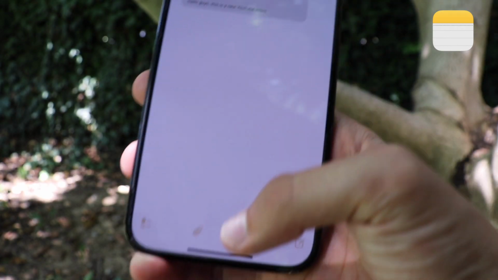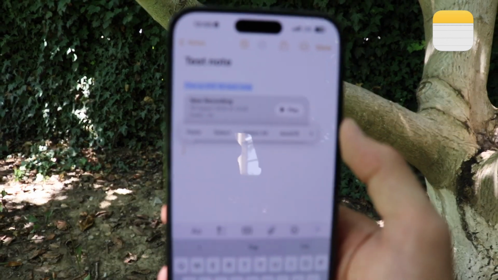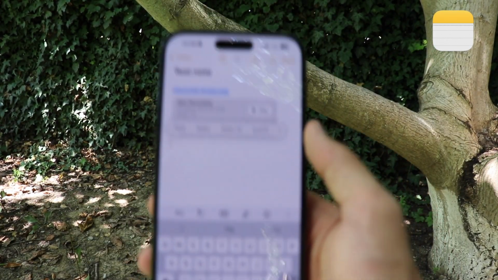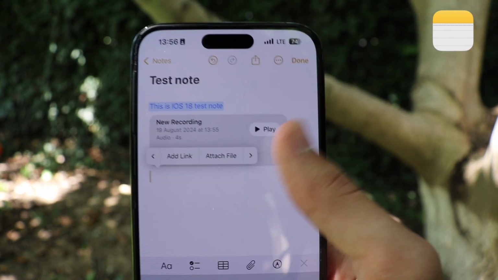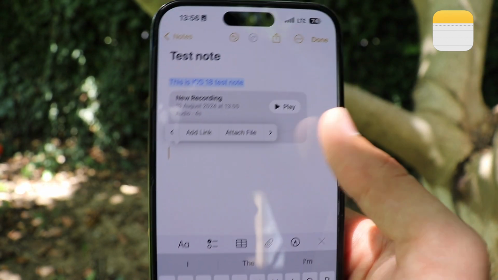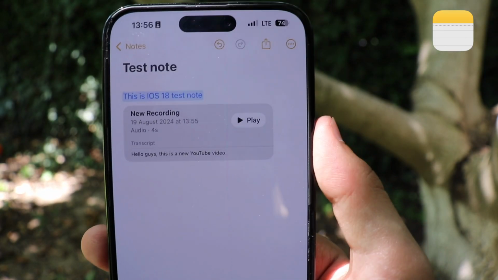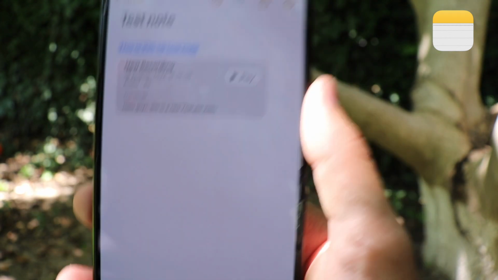Instead of going to this attachment folder right over here, you can actually just slightly tap the screen, and then here you will see that there is an option to actually attach a file as well. And lastly, in iOS 18, one of the most requested, or actually most hyped features of the Notes application